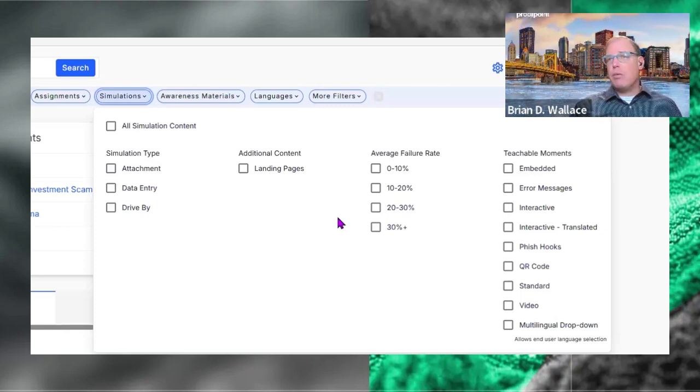And that could change from week to week. So not only could we have a massive increase of people being exposed to that template, but it also depends on who those people are. Are they savvy? Are they gullible, right? And so that is going to change that variable rate or that average failure rate. There's still a place for the average failure rate, but we've come with a new solution for you, which we'll talk about here shortly, on how to find the perfect difficulty level for a phishing template for you.